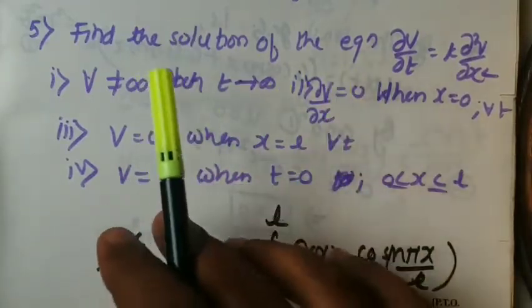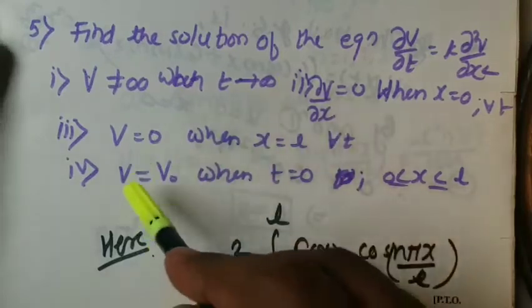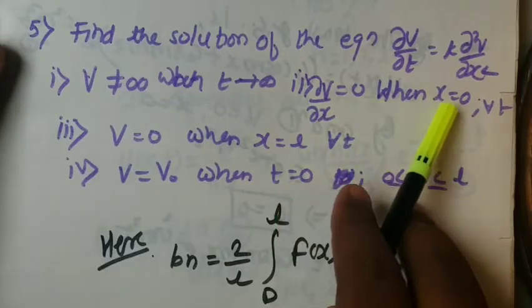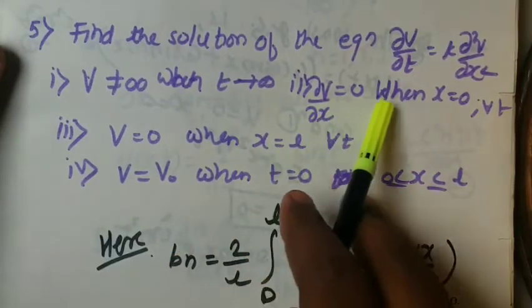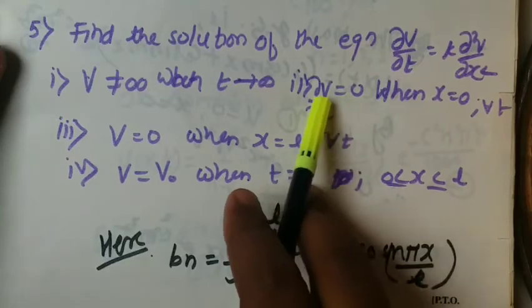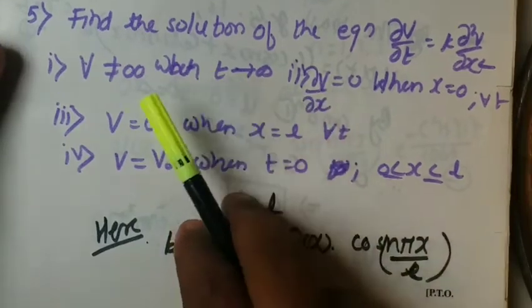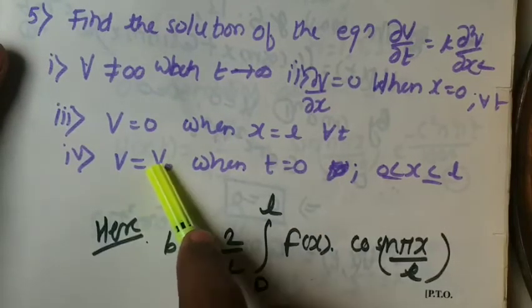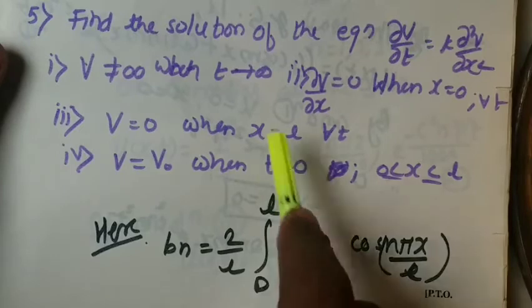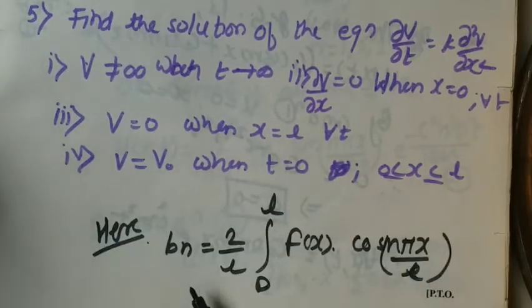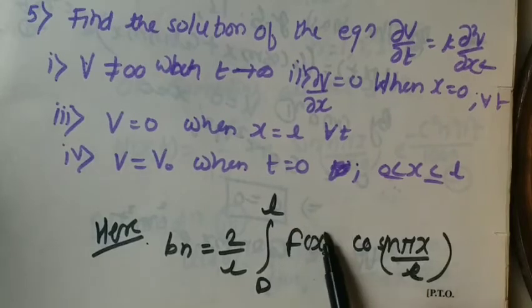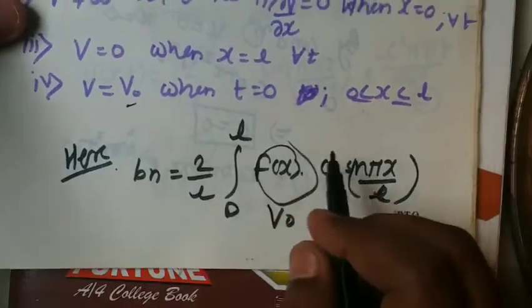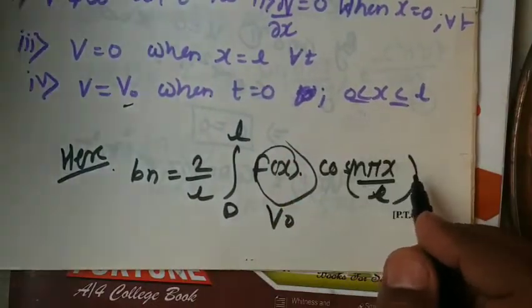We are having a partial derivative, so this condition you are going to use first. When you consider the general solution, differentiate that solution with respect to x first, then put x equal to 0 in that equation and equate it to 0. Then use the next condition, and at the end the third condition. After using the third condition you will get the cosine series, and for determining the Fourier coefficient for the cosine series we use this formula: 2 by L, integral 0 to L of f of x, where the value of f of x is v0, which is given to you, when t is 0, times cos n pi x by L dx.